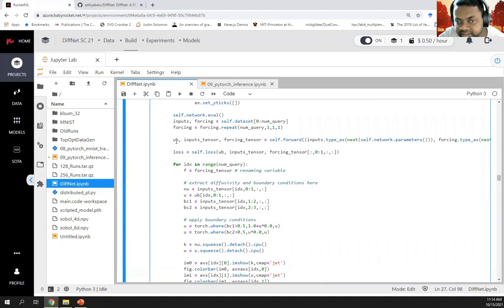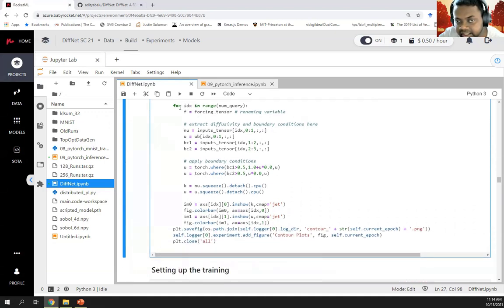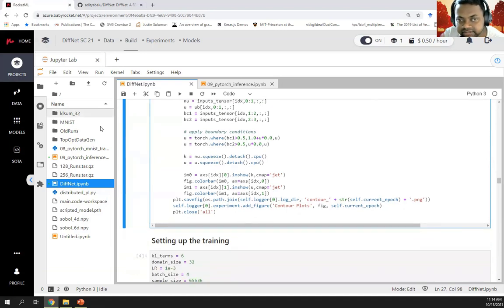Once you obtain U and everything, we obtain the loss. We then can visualize the new BC1, BC2, U, K, and most of these results here, and we can also store it. So every time I run this, it stores all this information after every epoch.